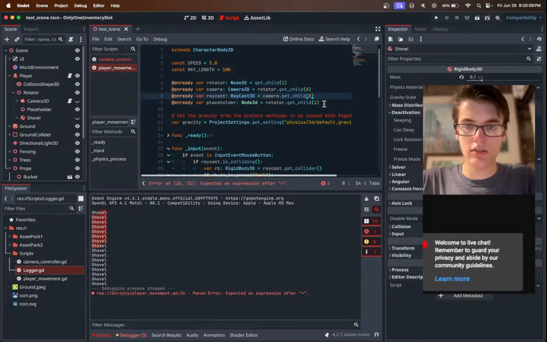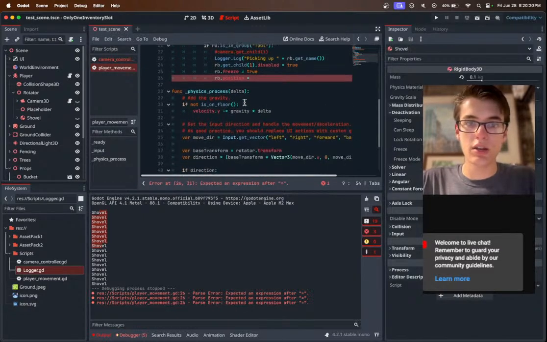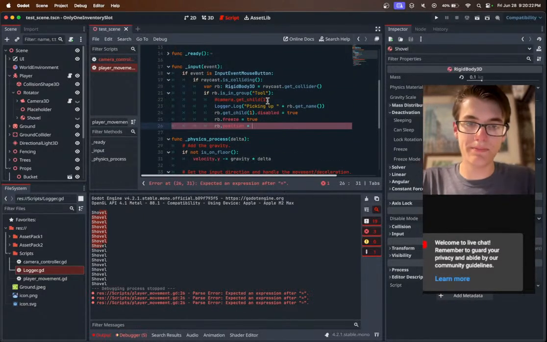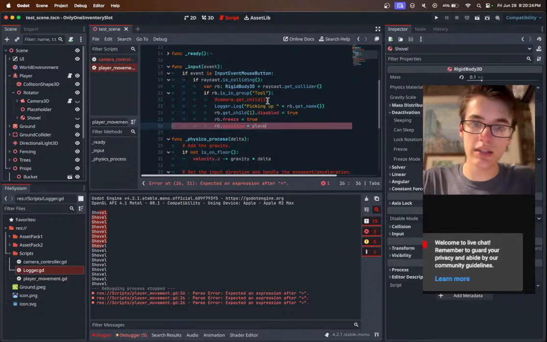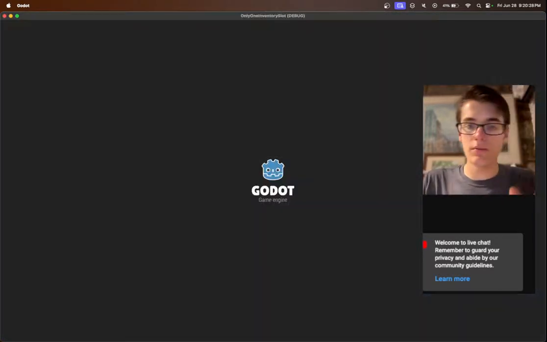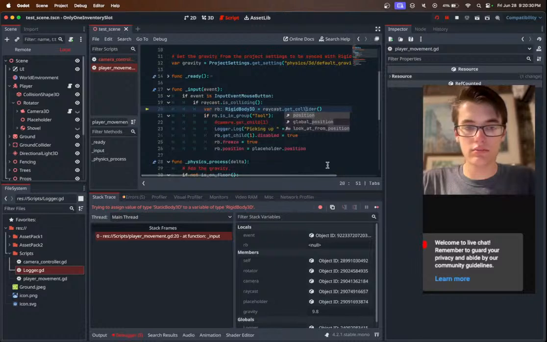Let's see. Oh no, this is the right order. Camera. Sure, rotator.getChild, that order's fine. Okay, and then we'll set rigid body.position equals placeholder.position. So now, if we go out,